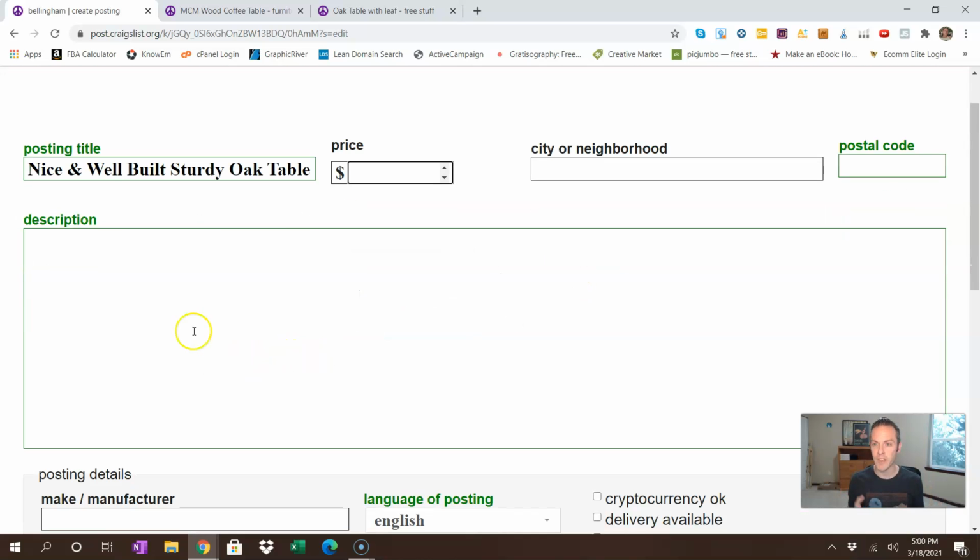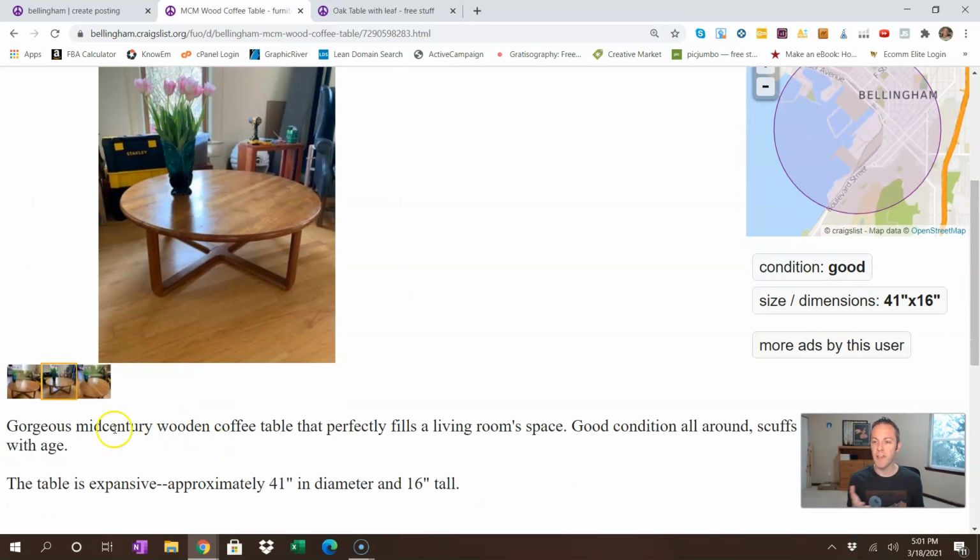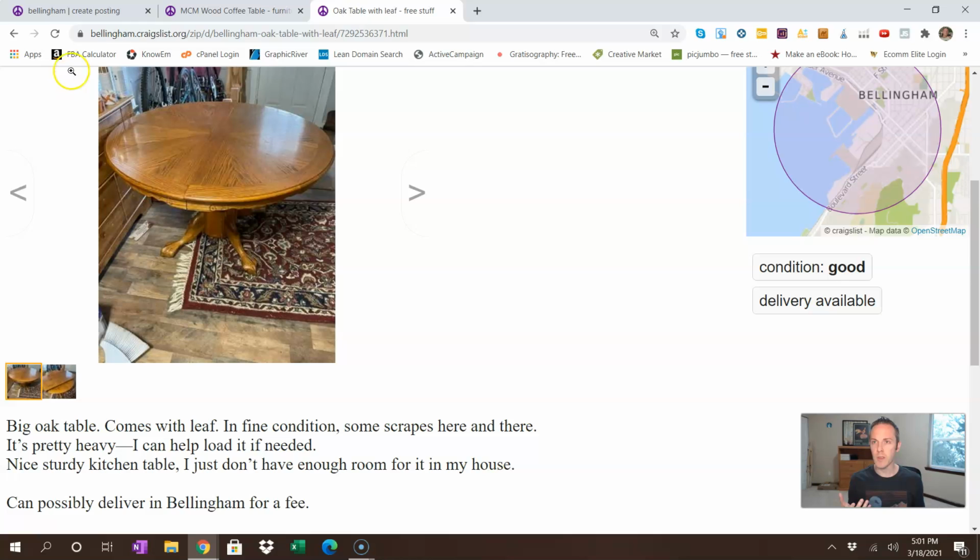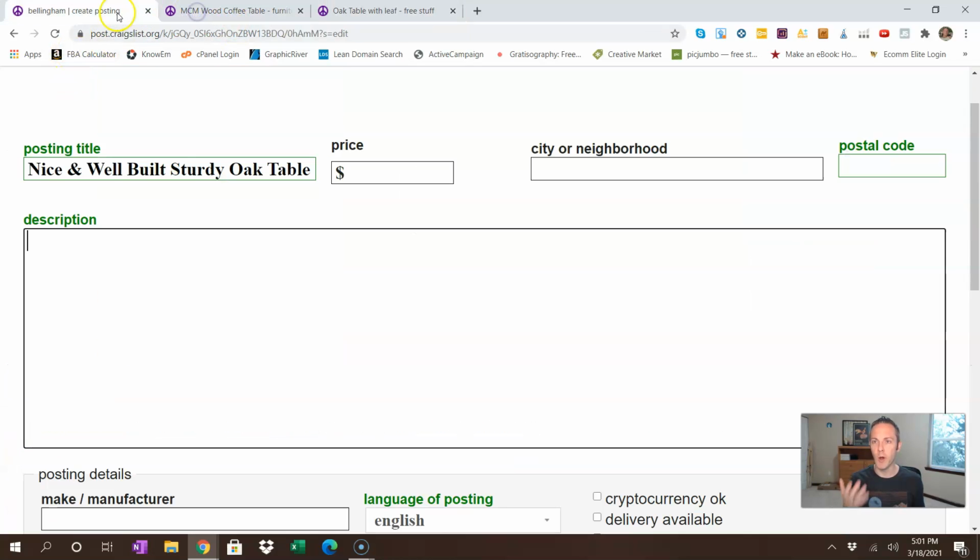All right. Then when you come to the description, again, something more like this. If it's not gorgeous and it's not mid-century, then you're not going to lie about it. But you want to describe it. So you want it to evoke some emotion. So something like,